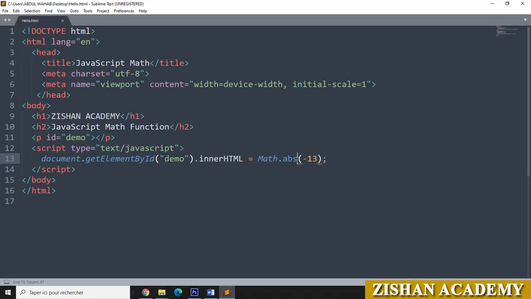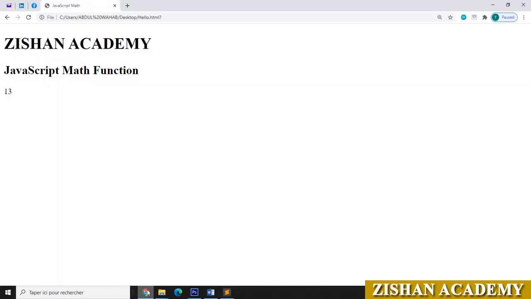Here we will go for Math.ceil. If I go for, suppose, 2.1, I am giving the value here. Go to file, save the file. Go to the browser, refresh it here. You can see now we got 3.